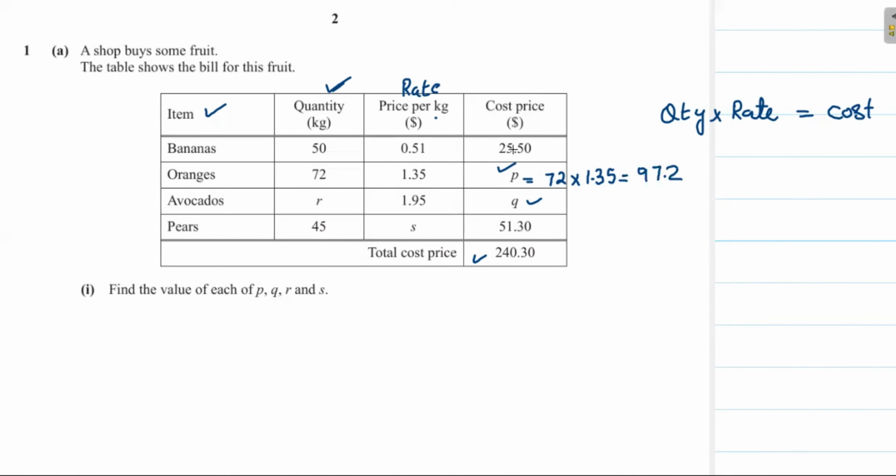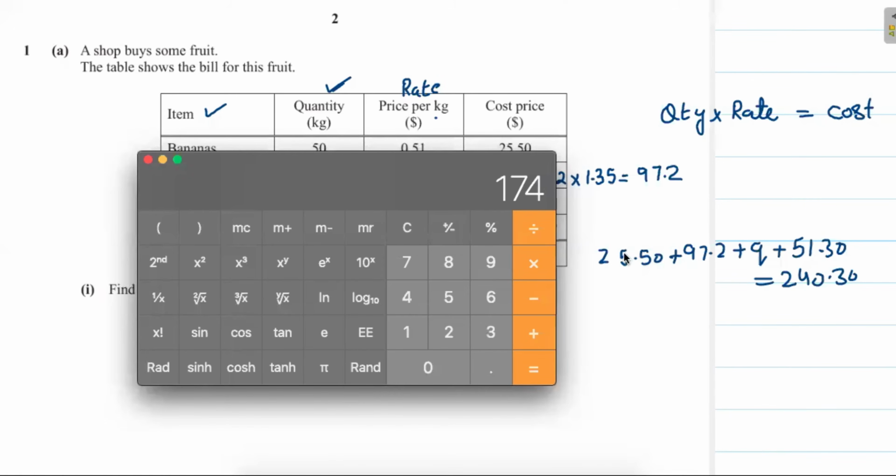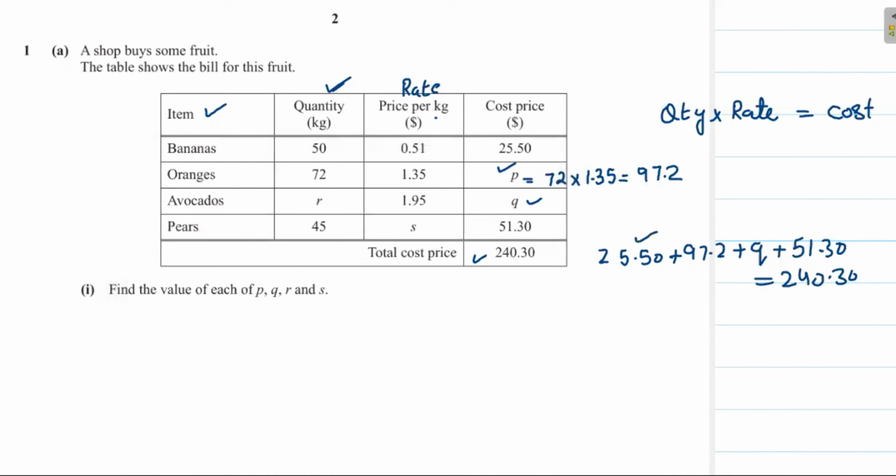We can find this value when we add all these cost prices. We get 240.3. Therefore, we can write it as 25.5 plus P, P is 97.2, plus Q plus 51.30, that's equal to 240.3. Now we add 25.5, 97.2 and 51.3. We get 174 plus Q equal to